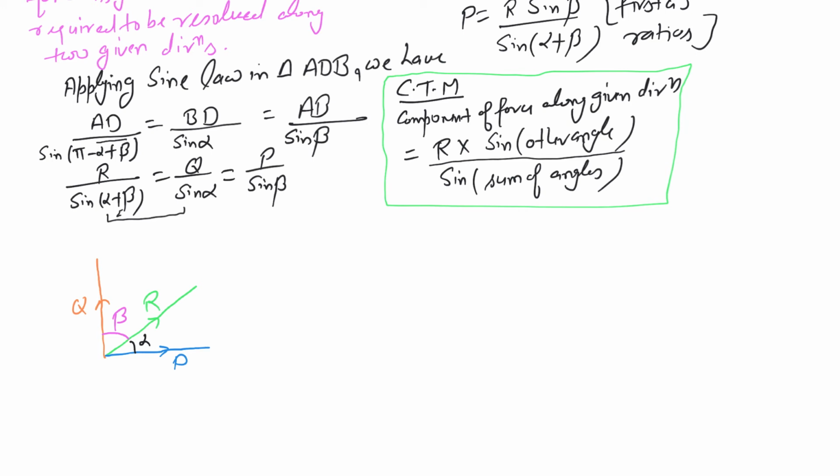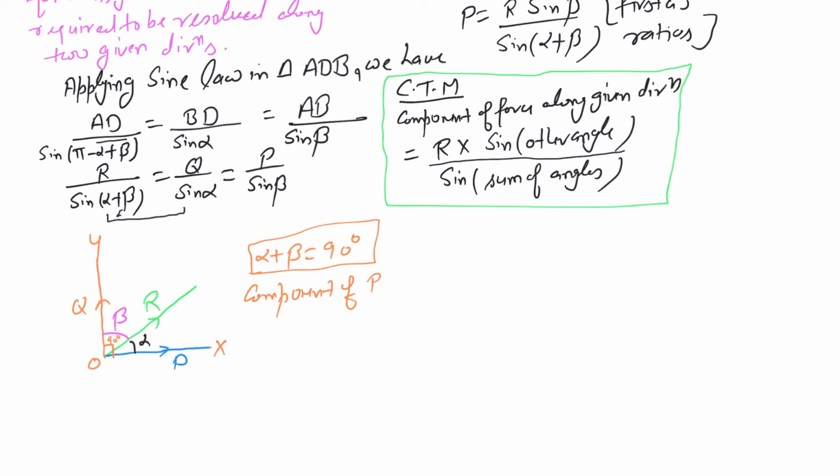Now, if you want, you could complete the rectangular shape. In this case, alpha plus beta, as is clear, is 90 degrees. This angle is 90 degrees, so alpha plus beta is 90 degrees. That is one condition. So if I say this is O, this is X, this is Y,